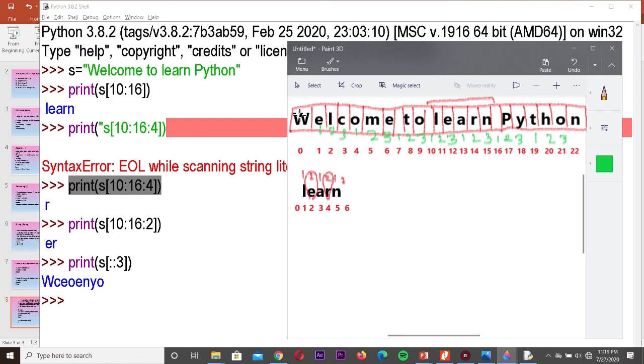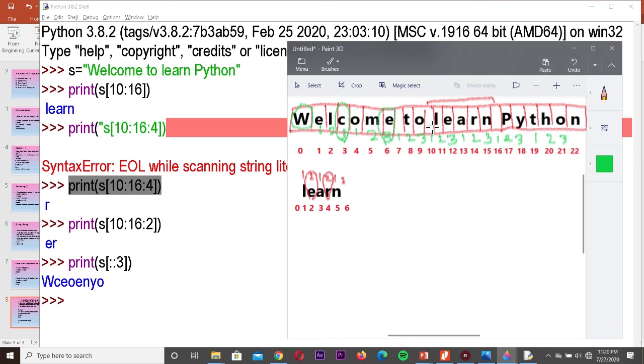After displaying the first character, if you miss this, the entire thing will go wrong. Don't start from here. Write the first character and start moving from the next character onwards. What is the first character? W. And then the character which is under the index 3, we have to write.